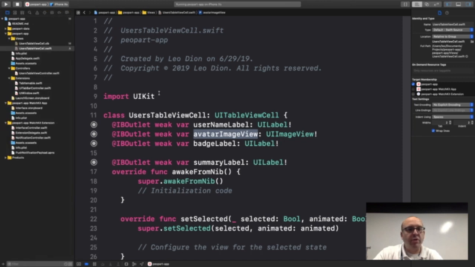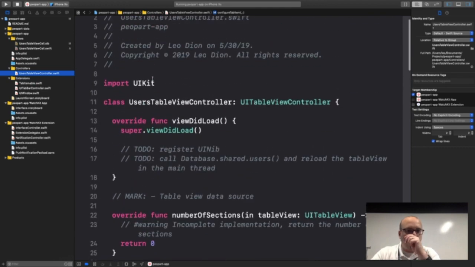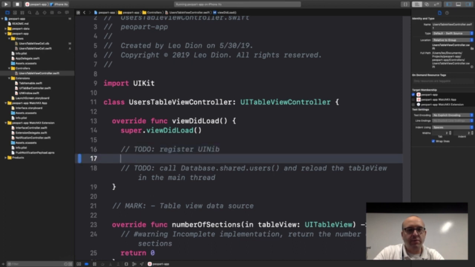Now we need to actually create these cells in our table view. So go to our users table view controller. We're going to go at the very top, at the entry point of where the view controller is actually loaded, and you'll see a method called viewDidLoad. This is where we get the table set up so that we can start loading it with actual cells. So the first thing we're going to need to do is register our nib file that we have here, this file,